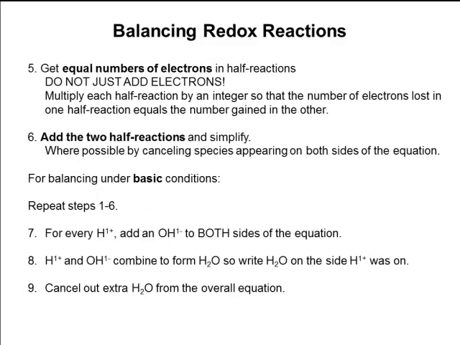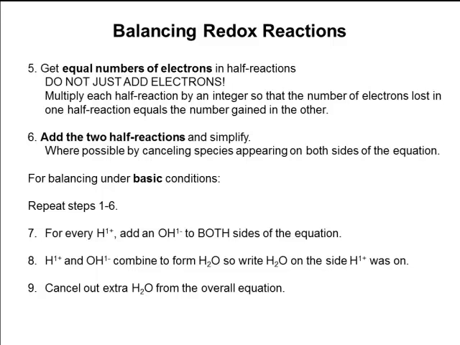Next, we need to make sure that the number of electrons in the oxidation half reaction equal the number of electrons in the reduction half reaction. We can't just add electrons. What we have to do is multiply the half reactions by some integer to get those electrons to equal each other. Once we've done that, then we can add those two half reactions together, and then we simplify by canceling out species that are on both sides of the equation. Those steps are for